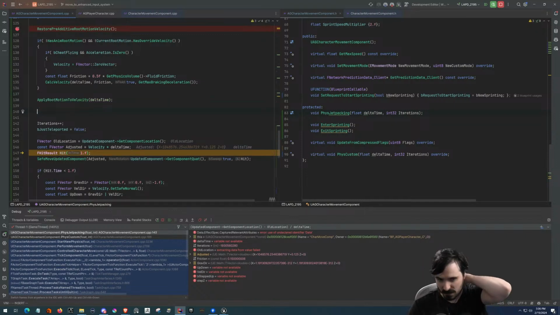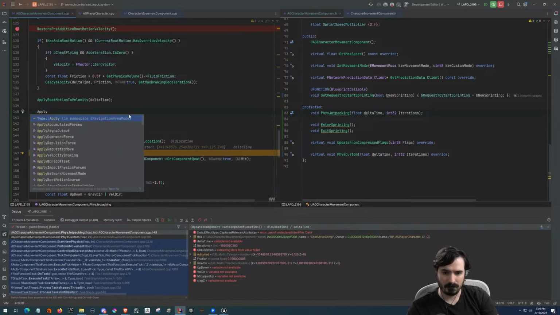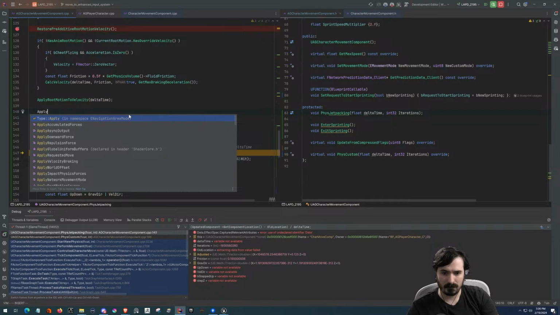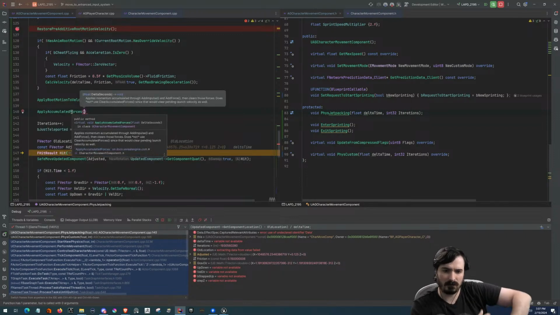And then here we can say, cumulative force. Applied momentum accumulated through